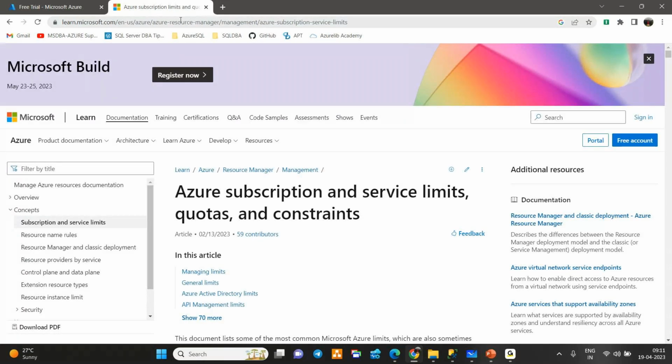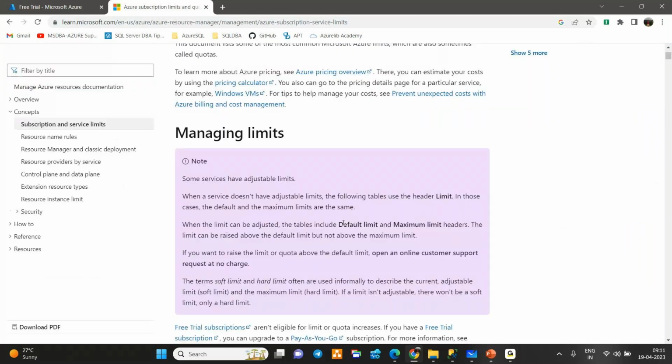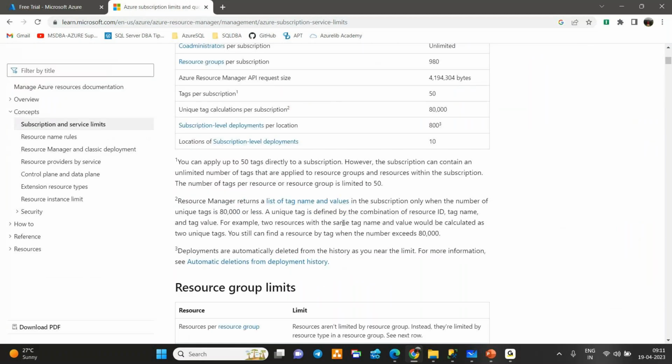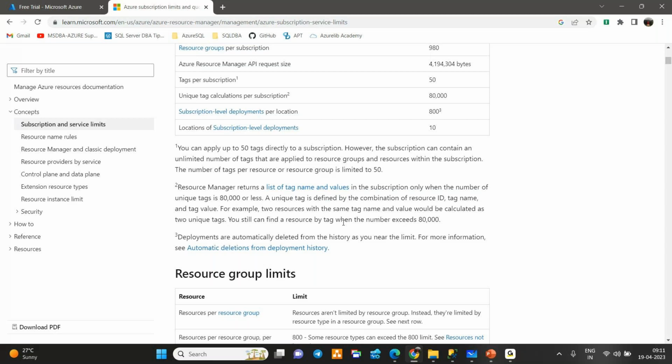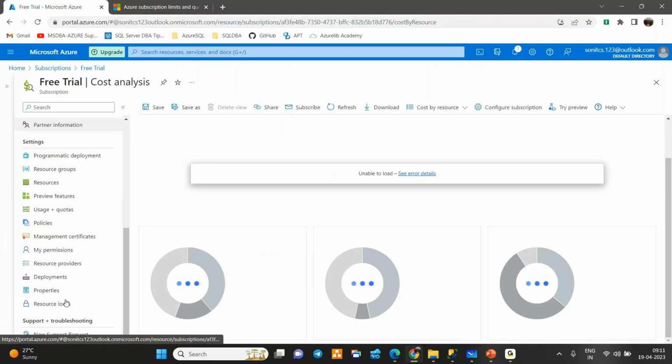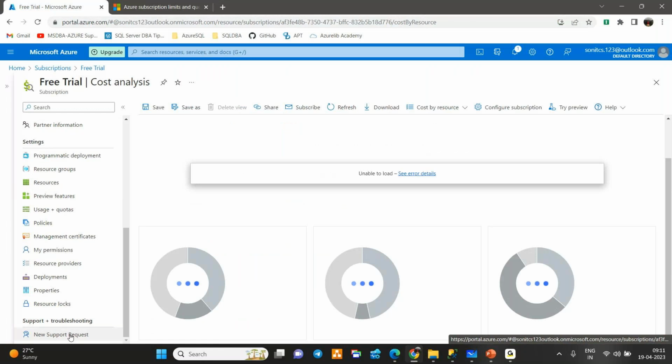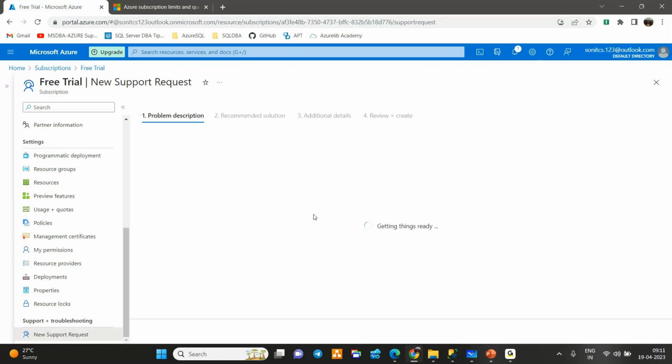So every subscription has some service limitations, quotas, and constraints. Okay, so there are certain limitations, sir. Whenever you exceed that, if you want to do more than your limitation, you need to create a case to Microsoft. For example, for this subscription, you are about to exceed the quota, and you want to increase that quota. You can create a case to Microsoft, and a Microsoft engineer will contact you, and they will take all your